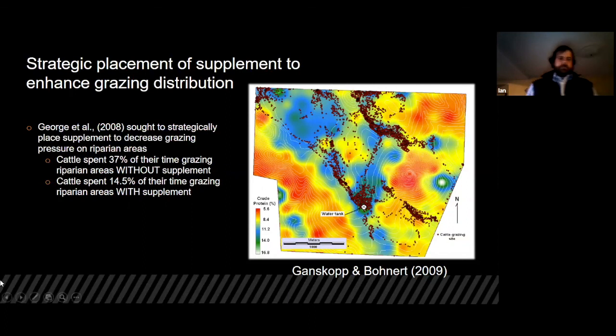In this study by George and others in 2008, they were trying to use strategic supplementation to keep their cattle off of riparian areas. And they found that by strategically placing supplements away from the riparian areas, they spent significantly less time in these riparian areas. So without the supplement, they were spending a lot of time trampling around these riparian areas, about 37% of their time. And then when they started using strategic supplementation, these cattle only spent 14.5% of their time in the riparian